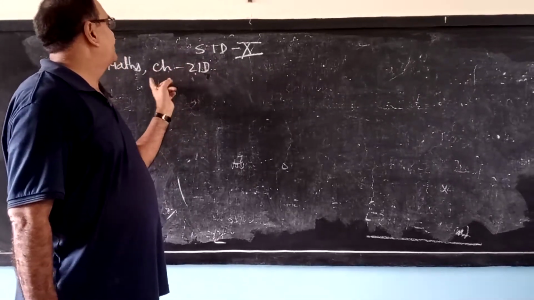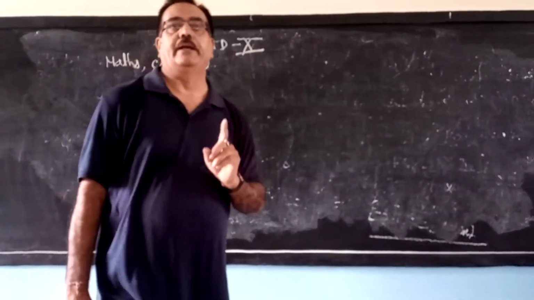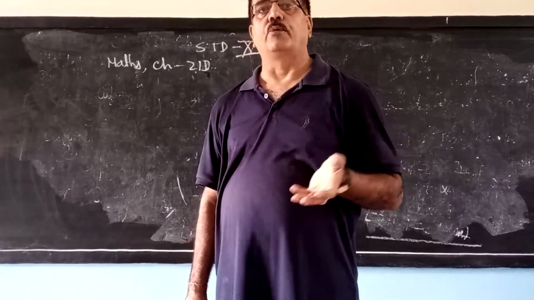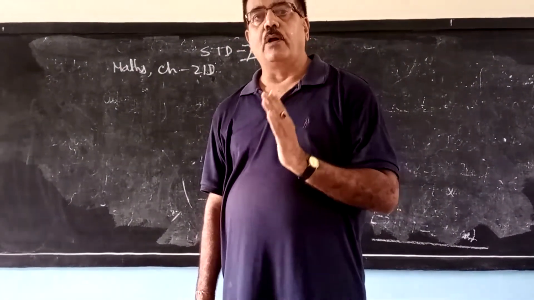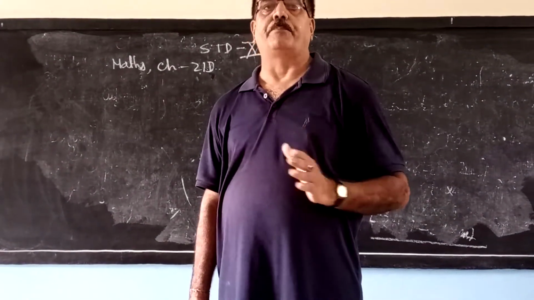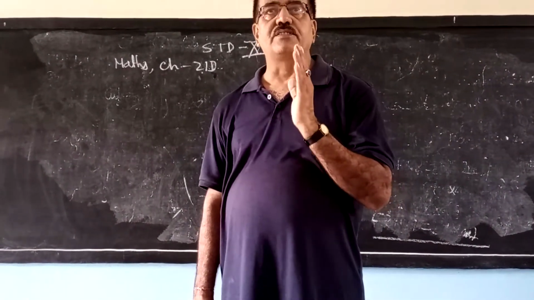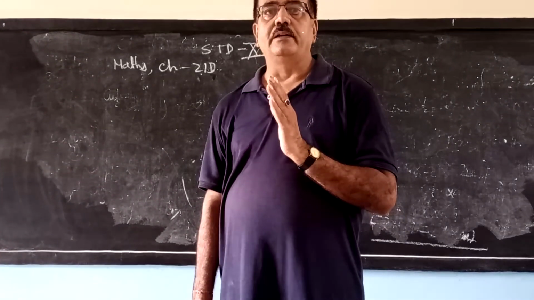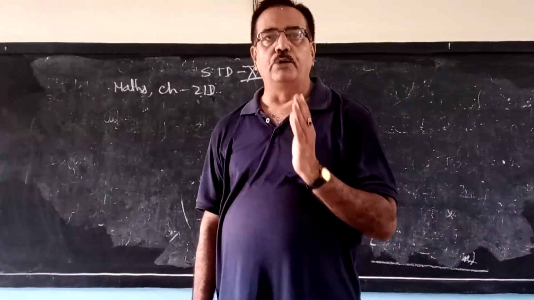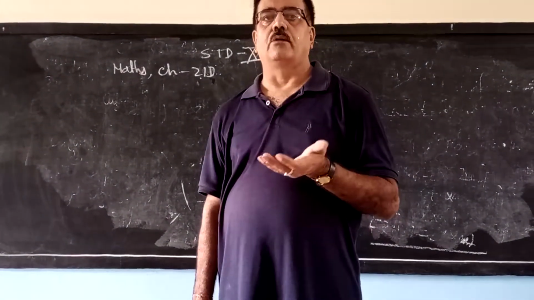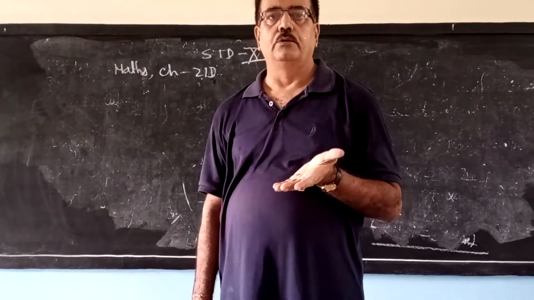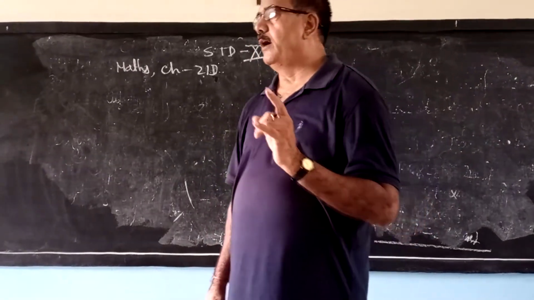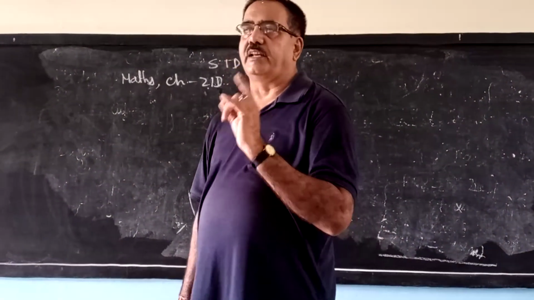I am going to explain the chapter 21D. First of all, the question is not coming directly from 21D. It is only to practice how you will see the value in the table which is given in your book, and in the examination hall the book will be provided to you to see the table. So in that table you have to write the value after seeing the table.